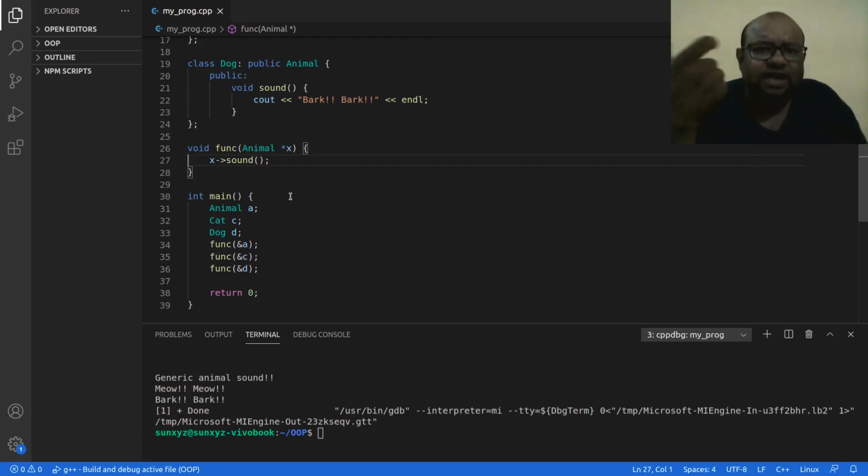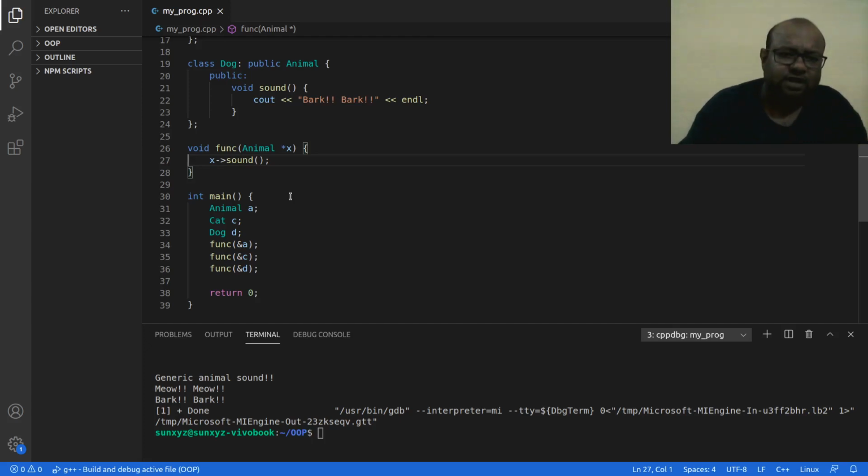Now instead, if I use this virtual keyword, I can call this method that I have overridden in my child class, right? Not the one that is there in my parent class. Alright, so this is the advantage. And because of this advantage of runtime polymorphism, we use the virtual keyword.